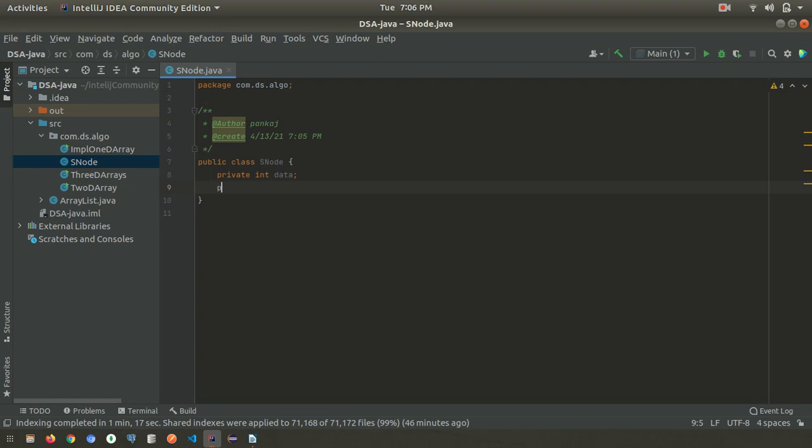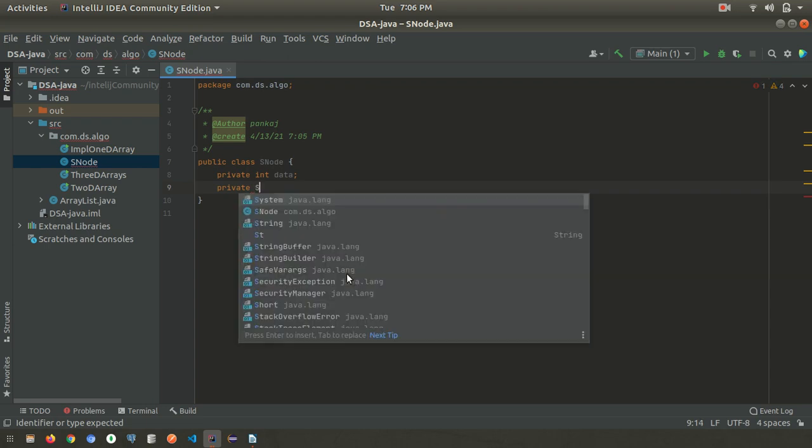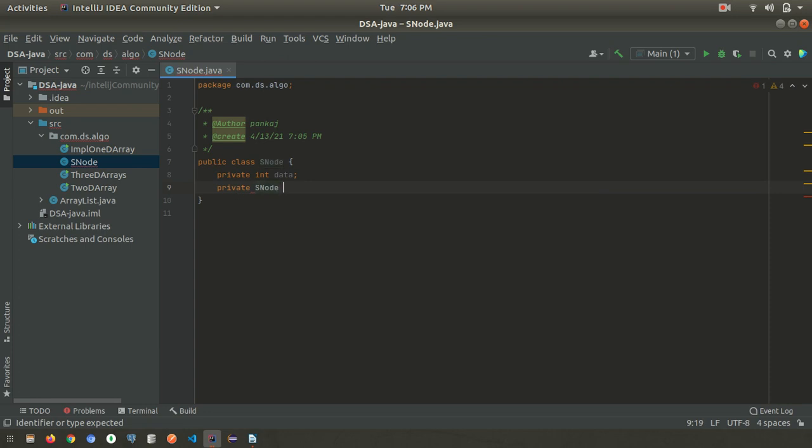So we can call private, and the same class we can call, because the next node will contain the reference of the next node. So S node, and the name of this class, we can write it as next because it contains the reference of the next node. We can give some other name also, but this is readable.